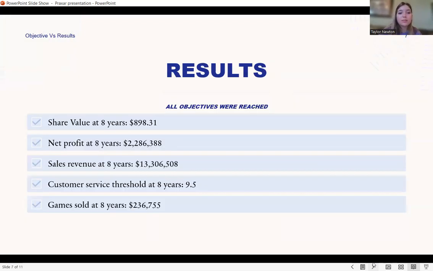and I wanted to sell above 183,729 games. So the results of this were that I was actually able to attain all of the objectives that I had set for myself. At the end of the 8 years, my share value was 898.31. My net profit was 2,286,388. My sales revenue was 13,306,508. My customer service threshold was 9.5, and my games sold was